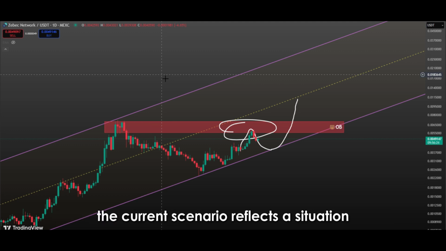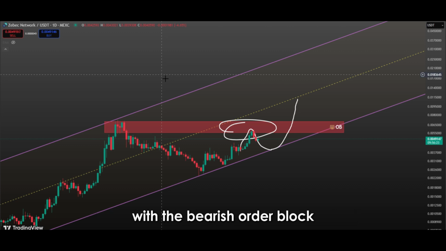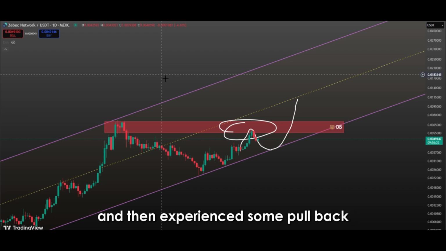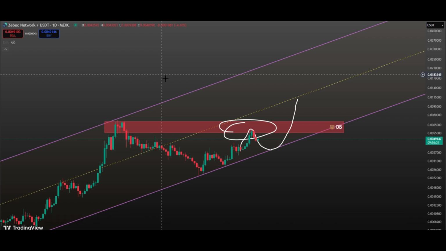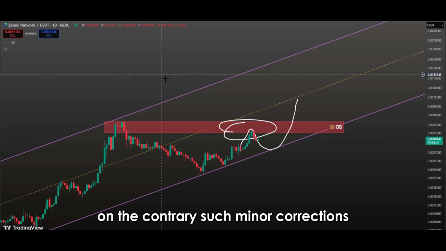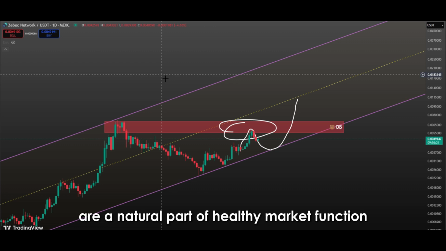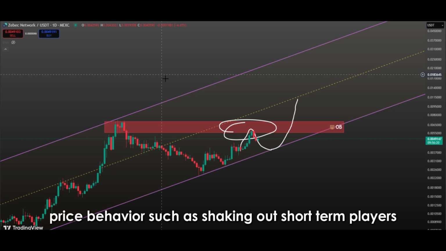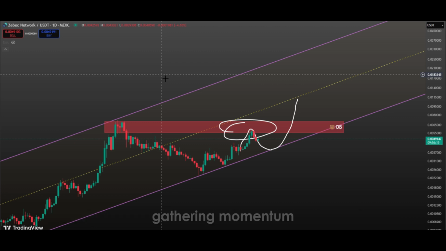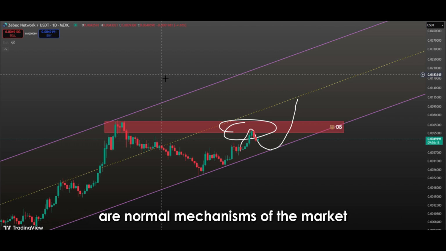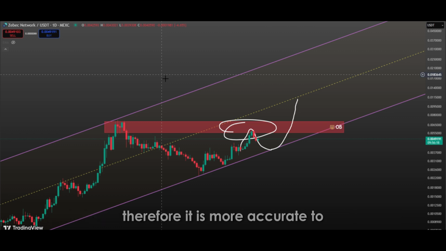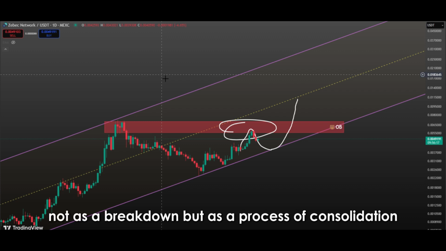The current scenario reflects a situation where the price has made its first contact with the bearish order block and then experienced some pullback. However, this pullback should not be seen as a sign of weakness. On the contrary, such minor corrections are a natural part of healthy market function. Price behaviors such as shaking out short-term players, gathering momentum, and clearing positions before breaking through a zone are normal mechanisms of the market. Therefore, it is more accurate to interpret the current retracement not as a breakdown, but as